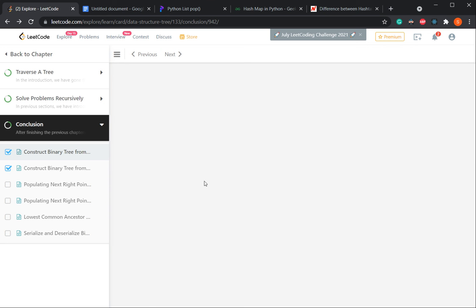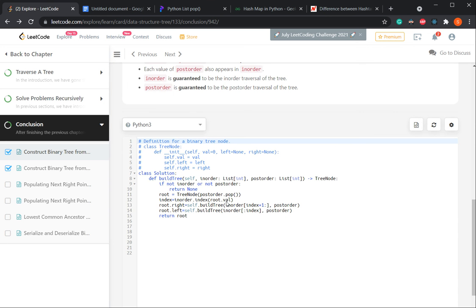In this solution, we are finding the index of the root in the inorder array, and we have to do this every time.